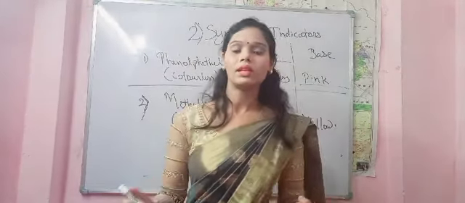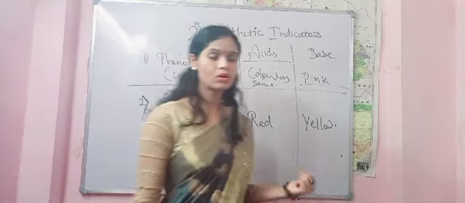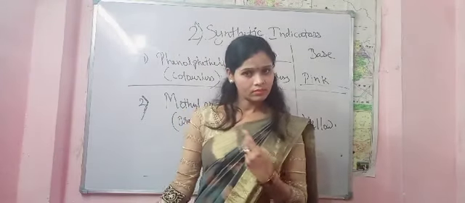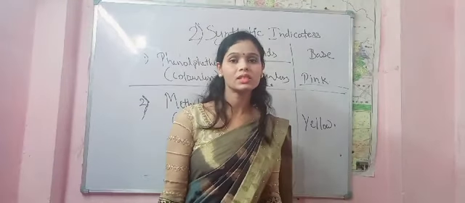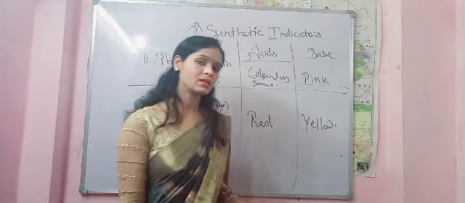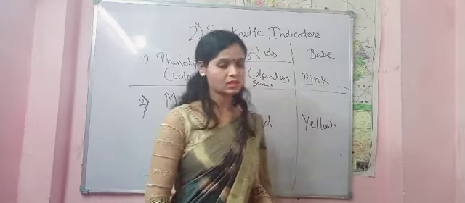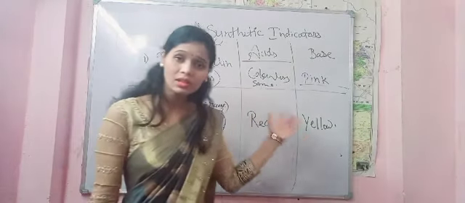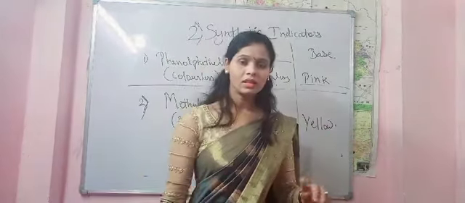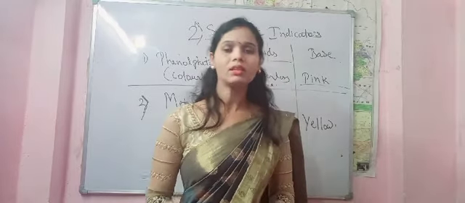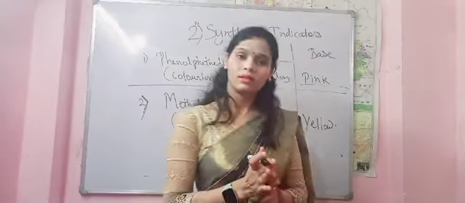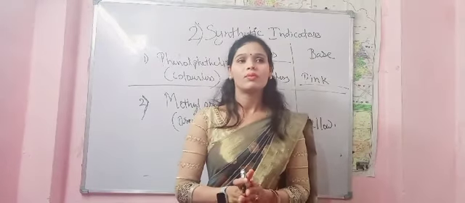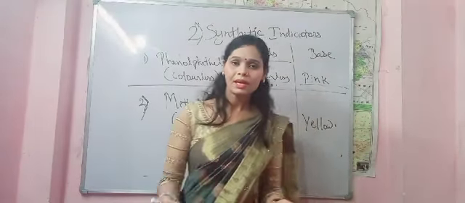One was a natural indicator and the other was synthetic indicators. These two indicators can tell you whether the given substance is acidic or basic. You have seen the color changes, and in this way you can identify whether a substance is an acid or a base. So I think this is it for today. We will discuss more of the chemical properties